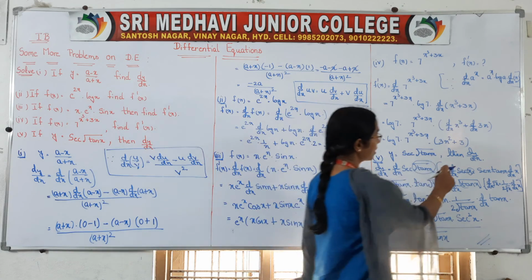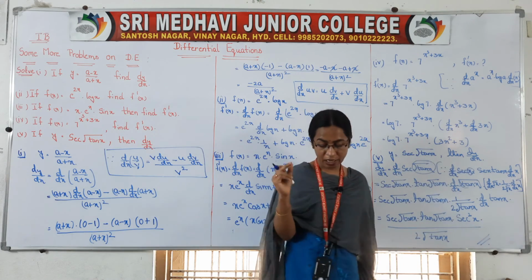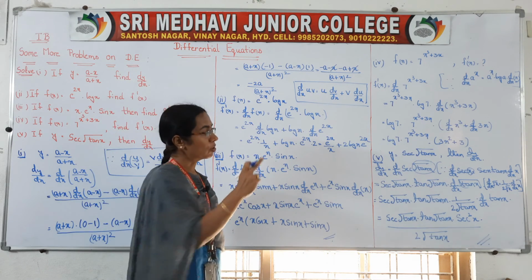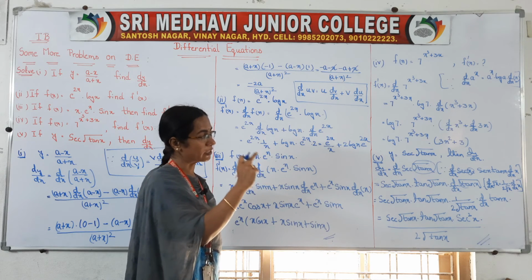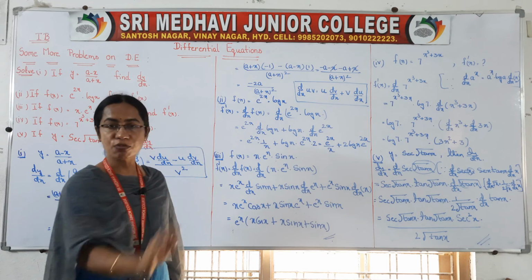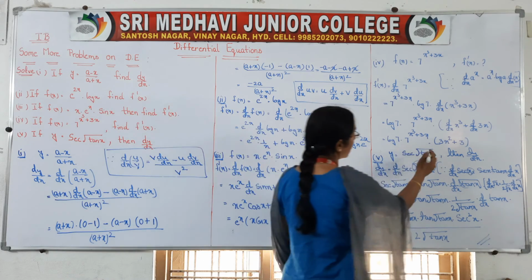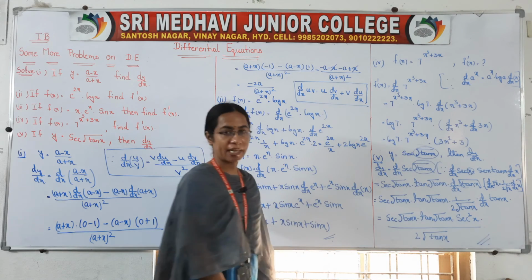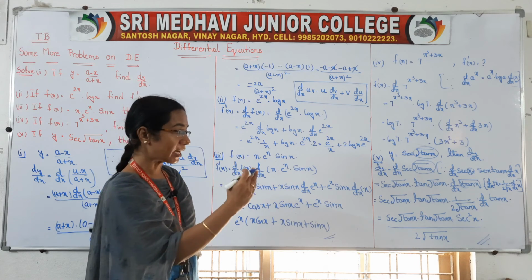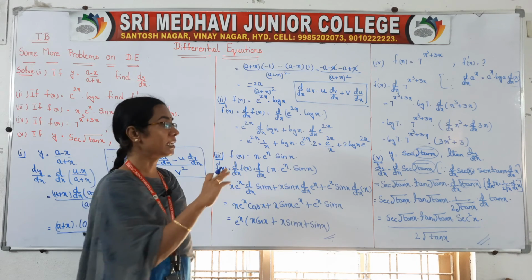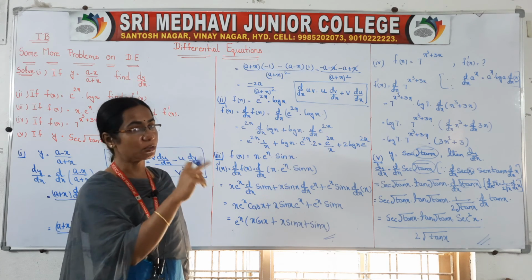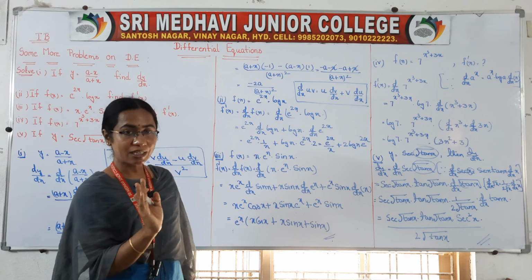So, d by dx of secant of any variable, actually in all these problems in place of x we can have any variable. So, d by dx of secant of any variable is equal to secant of that variable into tan of that variable into d by dx of that variable. So, instead of x we are having root tan x. So, that is why secant of root tan x into tan of root tan x into d by dx of the variable, that is root tan x. So, d by dx of root x is 1 by 2 root x into d by dx of x. Just I applied that formula.